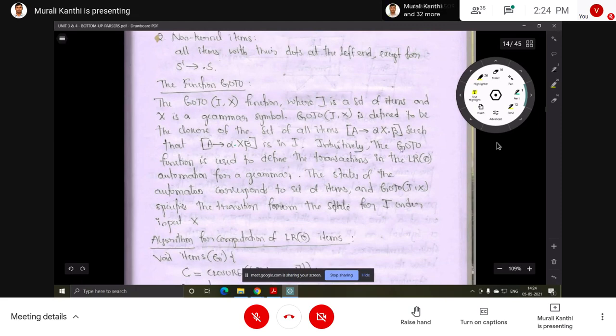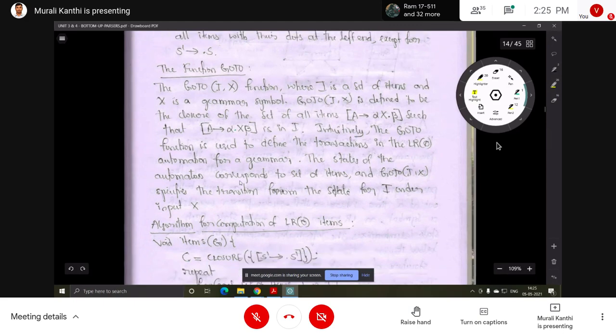Essentially, the goto function is used to define the transitions in the LR(0) automaton for the grammar. The states of the automaton correspond to sets of items. The goto function specifies the transition from state I under input X. That means one symbol is completed, scanning completed; that meaning is given by this dot.